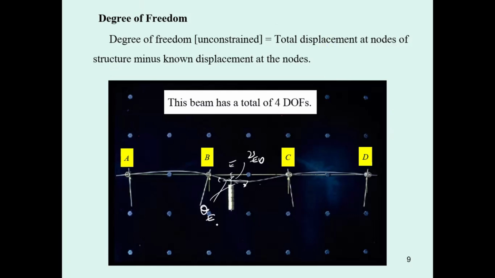But I said you may use it, but not for hand calculation. You may put that one for the node if you use a computer program, and you will get the magnitude and direction of these two displacements. But for manual calculation, we're going to minimize the unknowns. We're going to minimize the degrees of freedom.